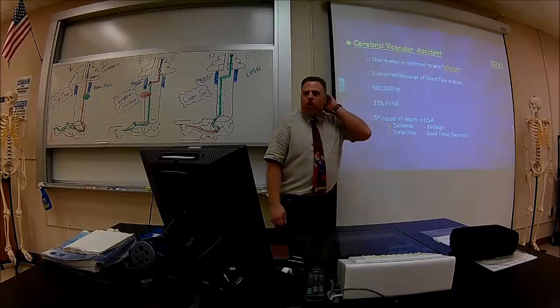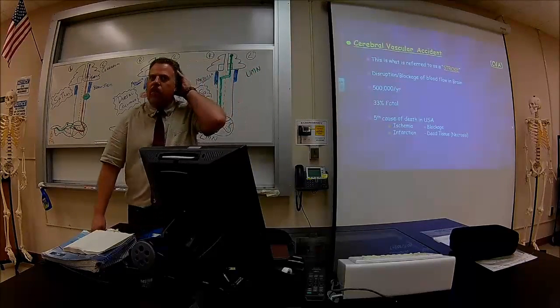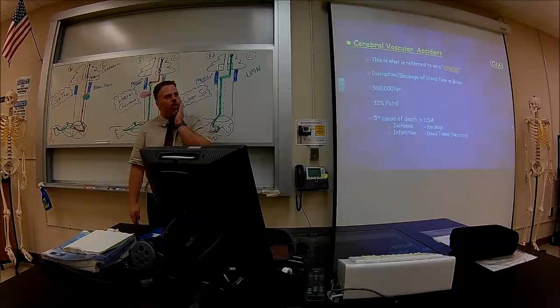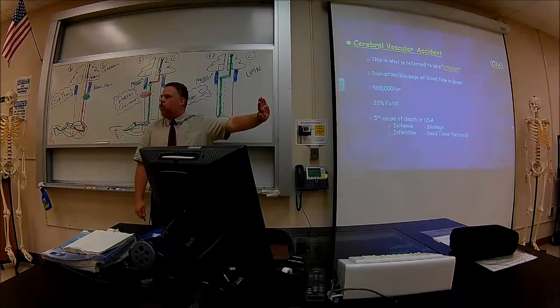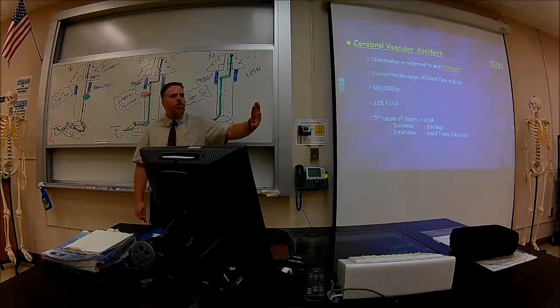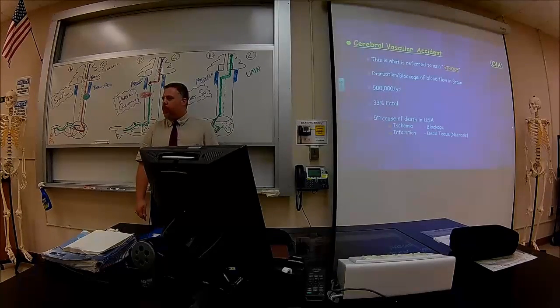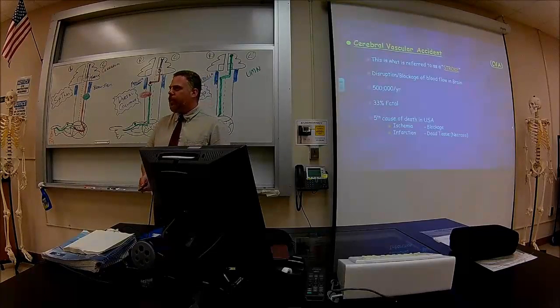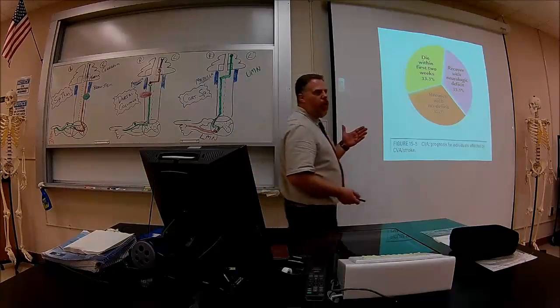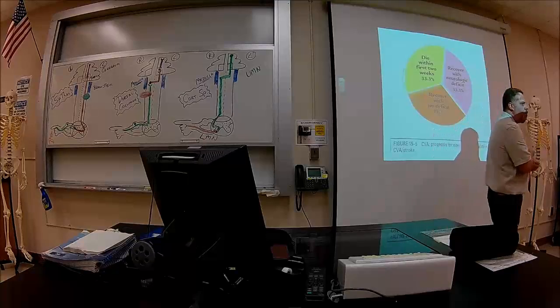About 500,000 people have strokes per year. This is what we call a third, a third, a third. People who have strokes, a third of them will have complete resolution. They won't have any problems afterwards. A third of them will die within 2 weeks. And a third of them will survive, but they're going to have some kind of compromise to their body, or their talking or something like that. So we say it's a third, a third, a third. Okay?